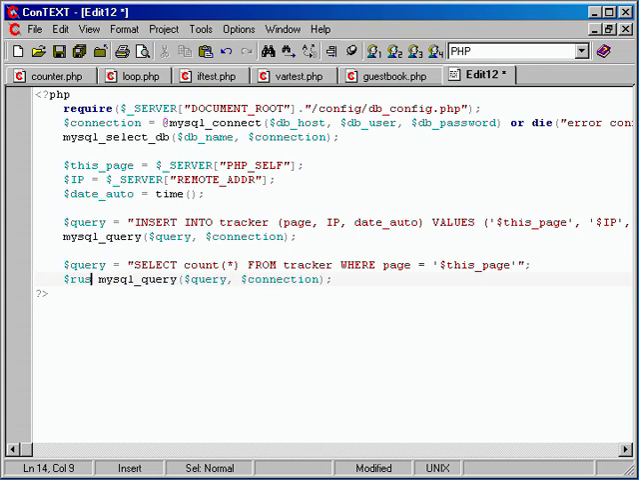I'll put them in $result equals MySQL query. And then, let's see, we need to actually store, so now we've got all the results of that. But we still need to run a MySQL result in order to grab the exact result we're looking for. So I'll go ahead and do